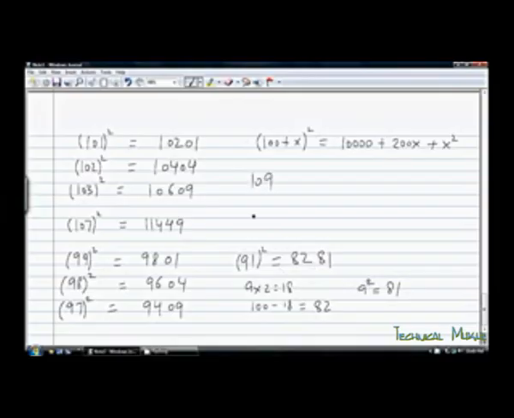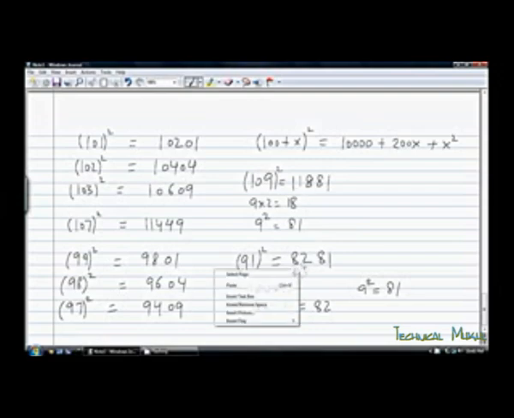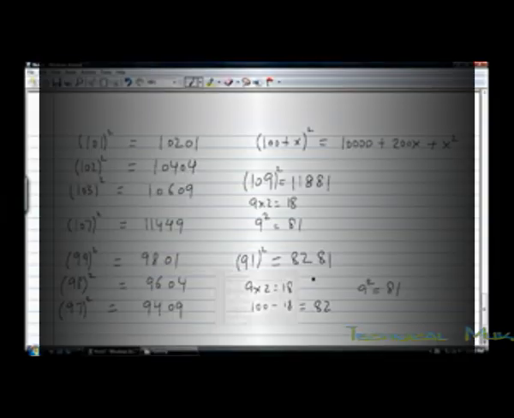Similarly for 109, 9 times 2 is equal to 18, so I will write 118, and then 9 square is equal to 81. So you see that the last two digits are always the same, but in this case we are adding 18 to the 100, and here we are subtracting 18 from the 100. So that concludes